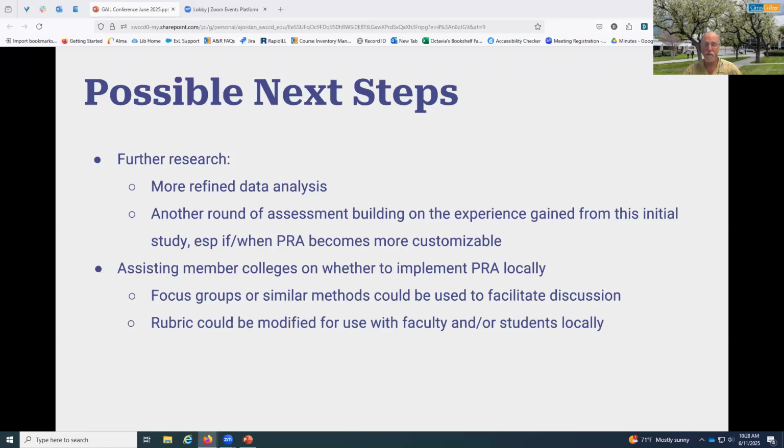But I could also see this extending into more one-on-one help if asked, and maybe we could help them as they think through the process, maybe do a focus group on their own campus or run their own rubric locally that's modified and for use with their faculty or students, things of that nature.